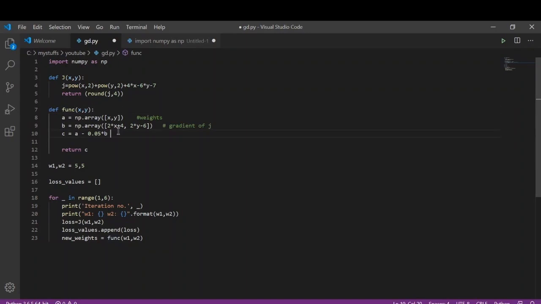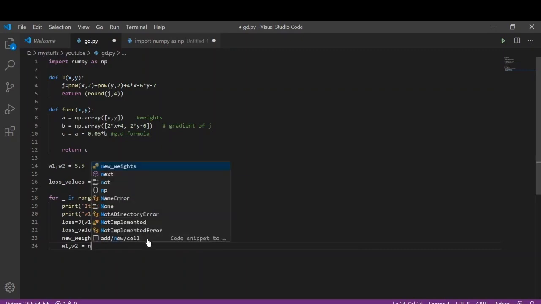So this is our gradient descent formula. And then once we get our new weight, we'll update the weights. So the first weight will be W1 and the second weight will be W2.